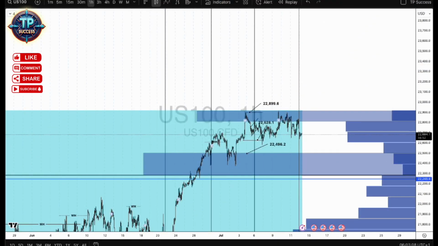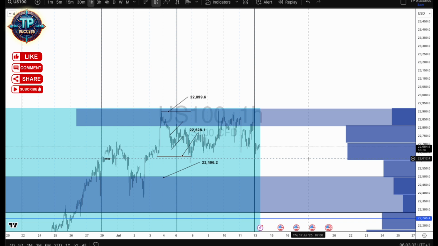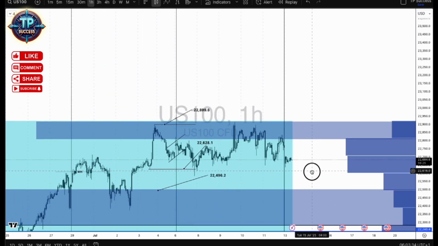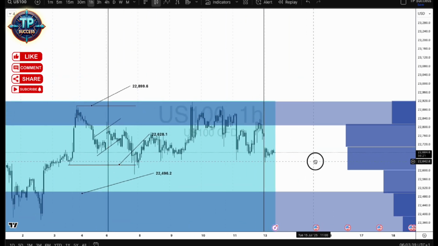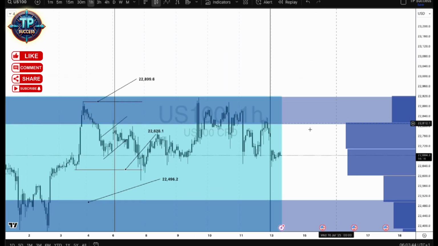Today we're picking up from where we left off on the NASDAQ 100, and the main focus of the discussion is going to be swing trading the NASDAQ 100 using the volume profile as part of the technical analysis. With that, we're going to get straight into the analysis from last week and pick up from there. So the first thing that we did last week when we were analyzing the markets was we noticed